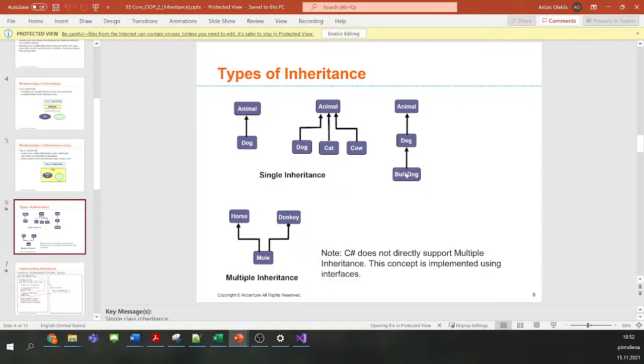Multiple inheritance is not allowed in C#, but if you work with C++, you may face such a situation. In C# you may want to use an interface in such a case, but we'll talk about interfaces a little bit later.